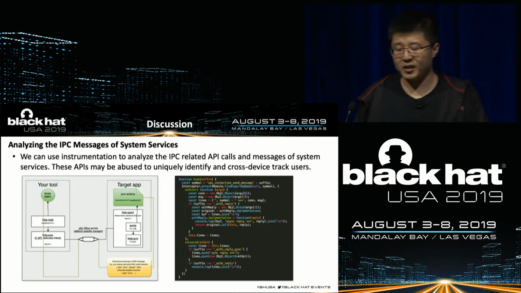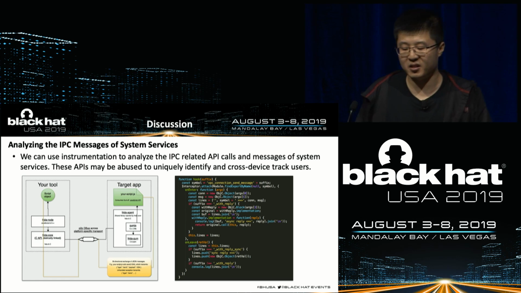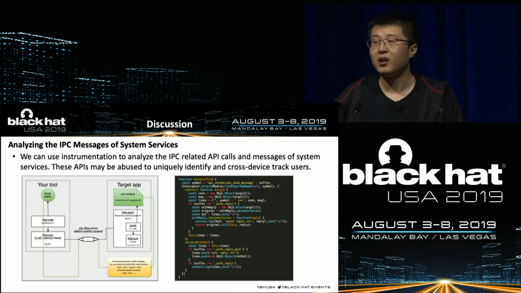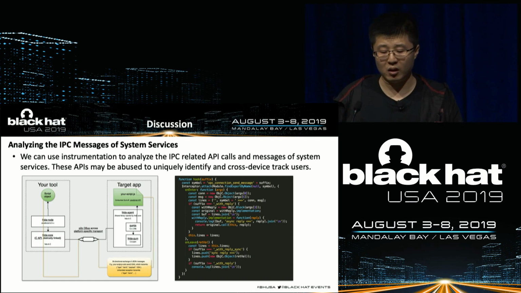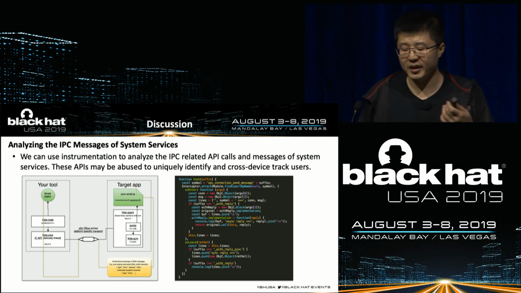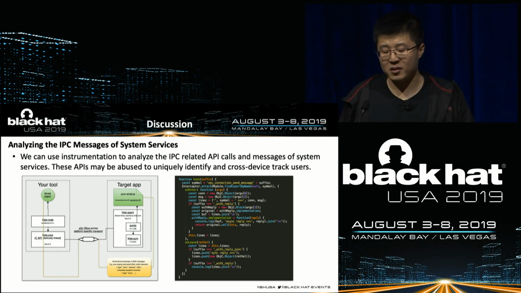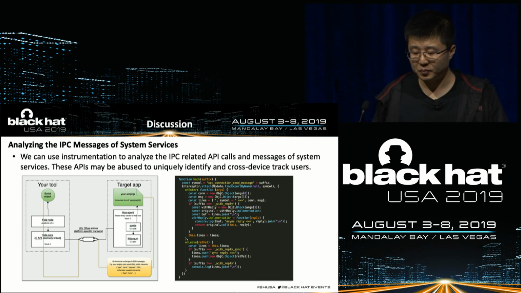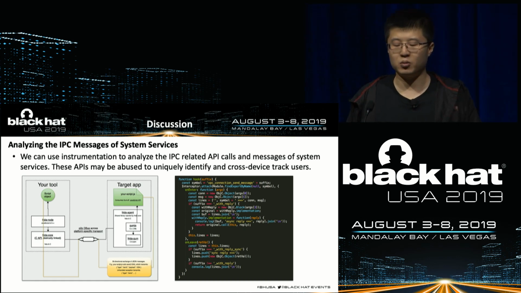For system service, we can use instrumentation to analyze the IPC-related API calls and messages of system service. These APIs may be abused to uniquely identify and cross-device track users. I think Frida is a very useful tool to do the instrumentation.